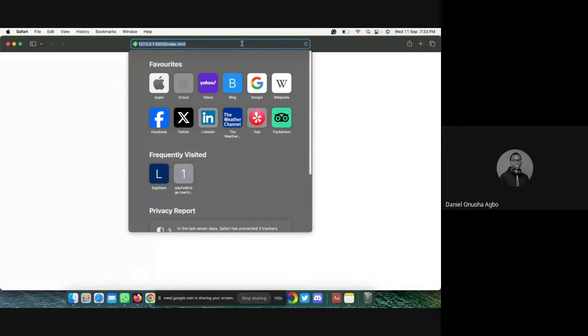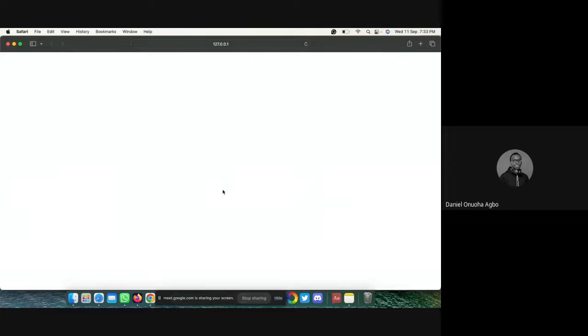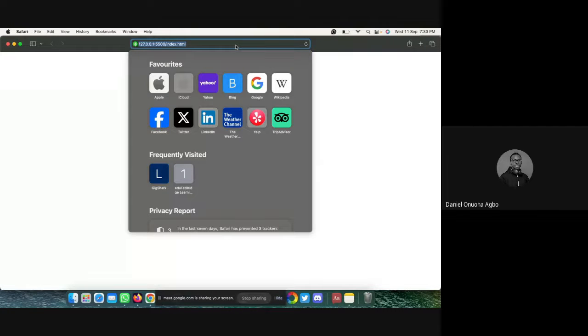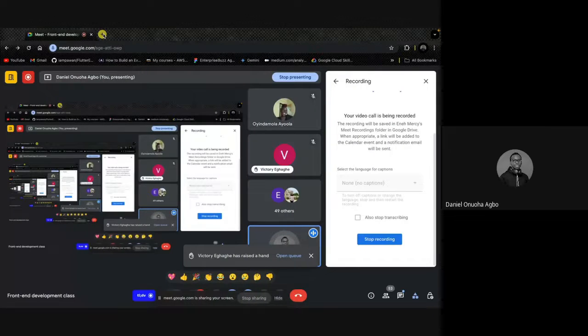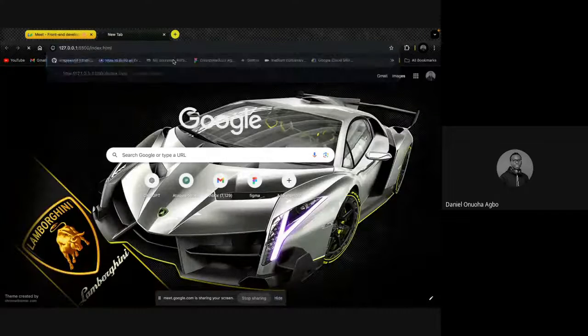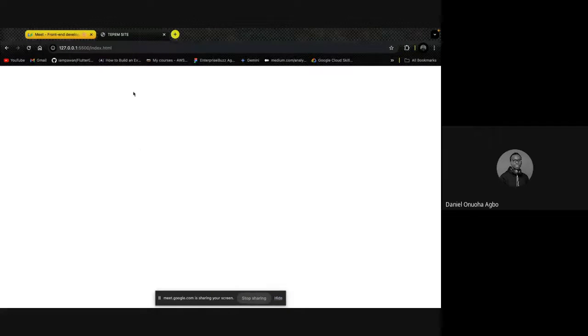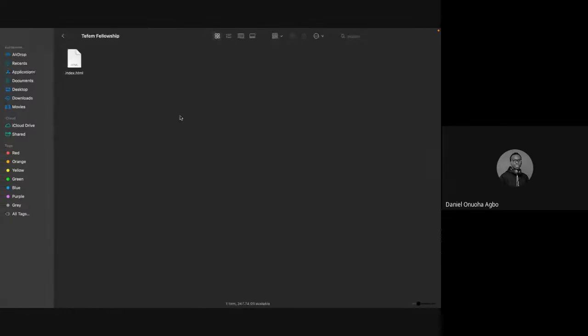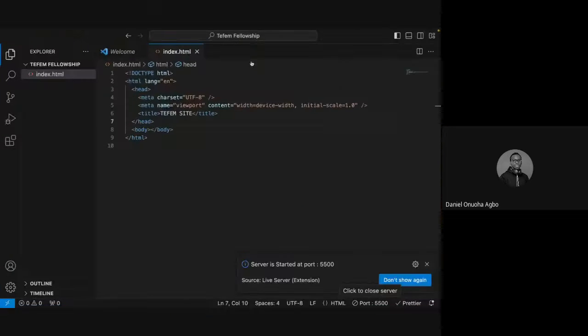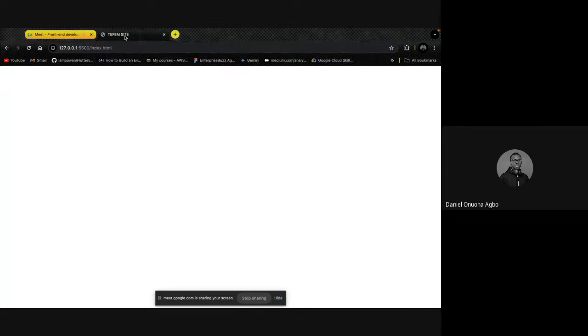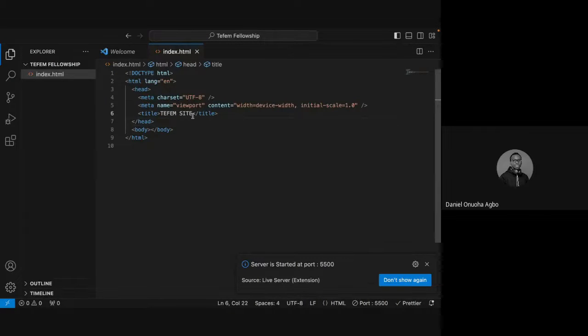I have the code opened here. Let me open this in the browser. Let me paste it here. So here you have your TEFEM site. That's the title. That's the work of the title. So if I edit this title to TEFEM home screen,